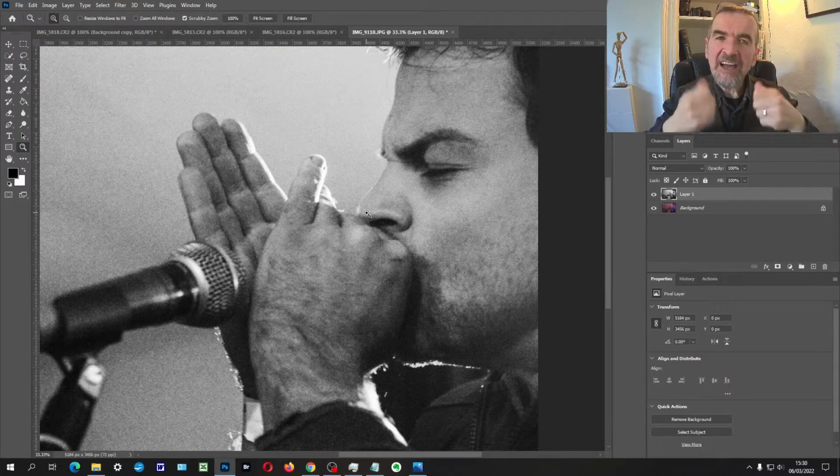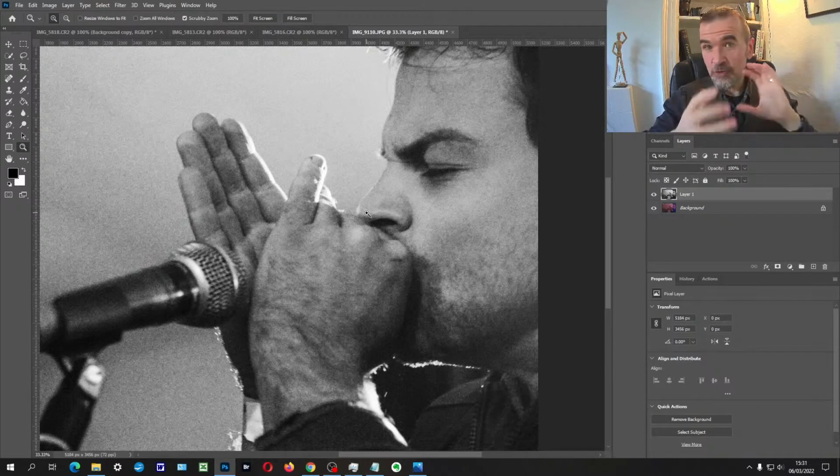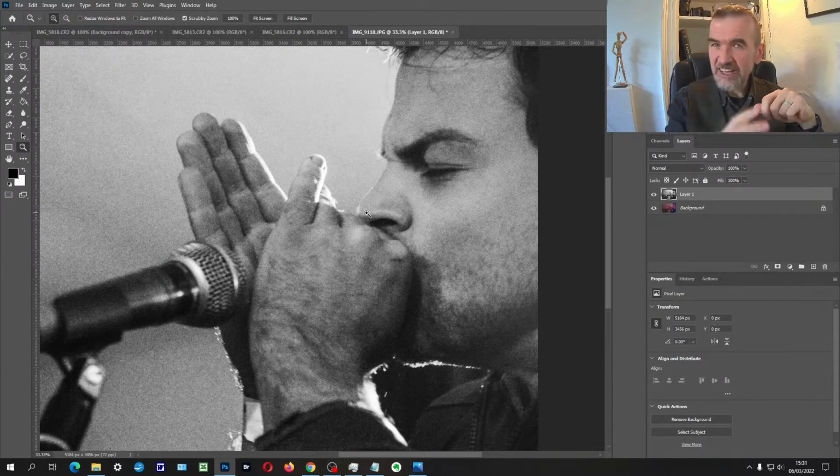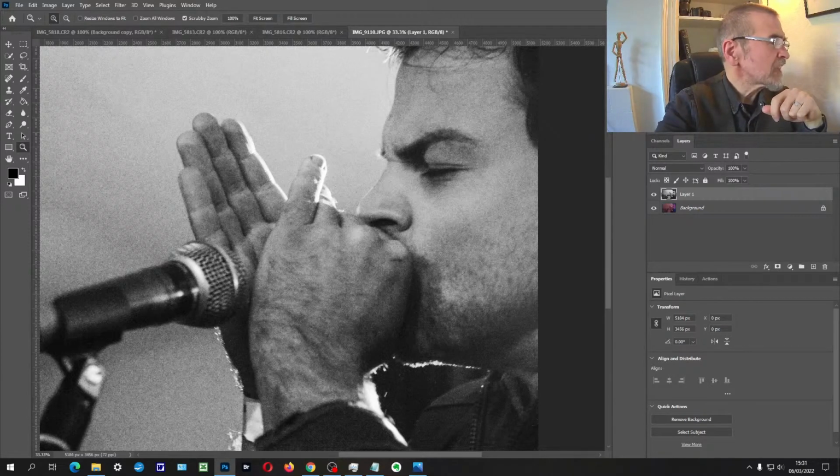So we can get away with it in black and white in a way that doesn't really work in colour. Very often, if you're stuck with a really high ISO situation, turning it to black and white can be one of those ways of getting around it, and you have a little bit of artistic license. It doesn't always give you a get out of jail free card, but you'd be surprised how often it does work. I'll show you another example taken from the same